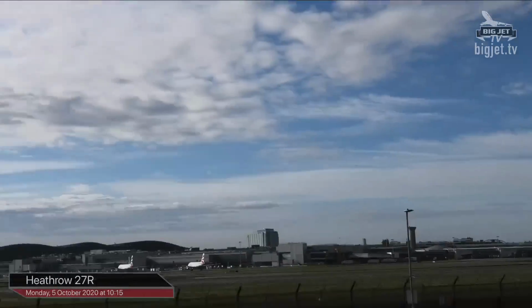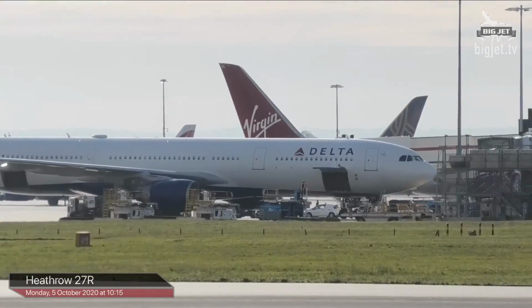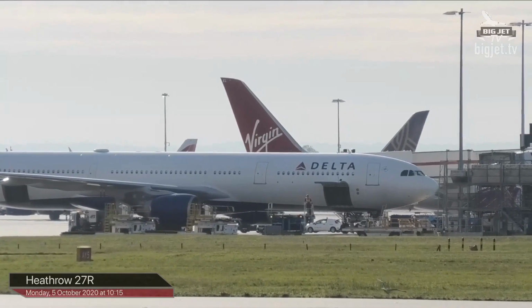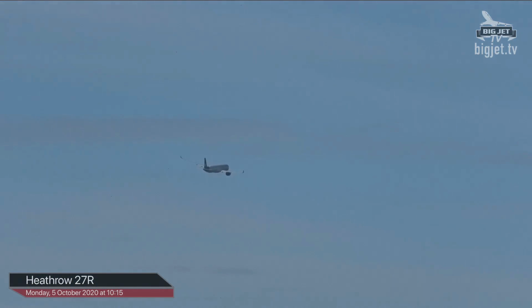There you go, folks. Stay for a little bit longer, just because we can. So thanks very much to Captain Chris and his crew on board that A350-1000 going out to JFK, folks. Looks like she's going over the top as well, going to take the northerly route. Flying time around about 7 hours 10. She's either going to go on the northern route up below Greenland and then track west, or she's going to head over Ireland and then